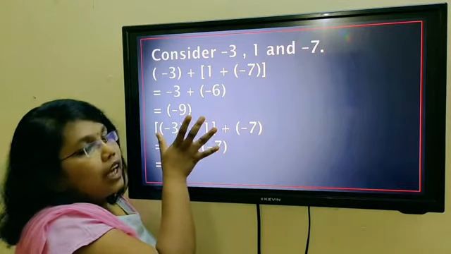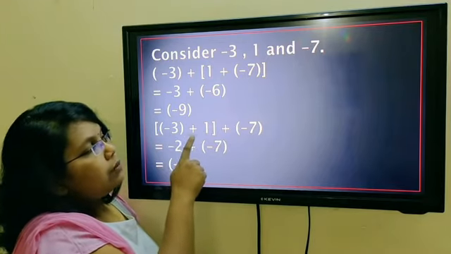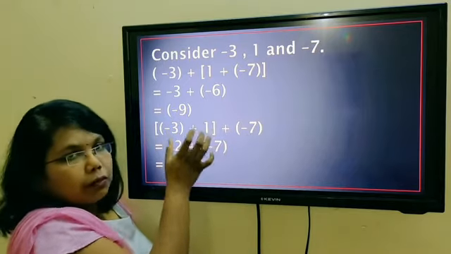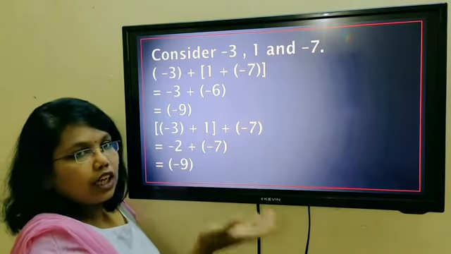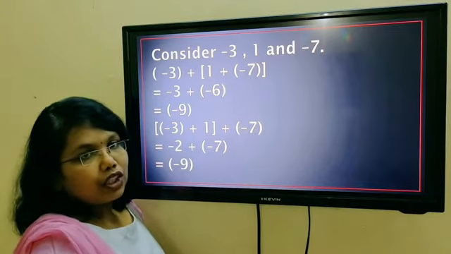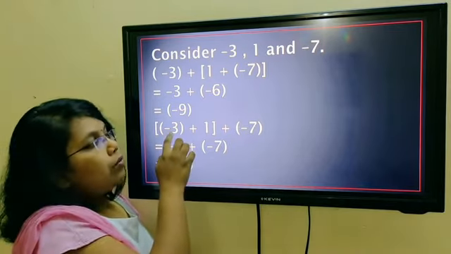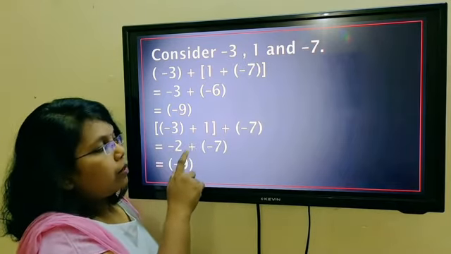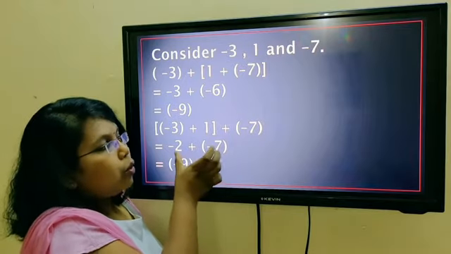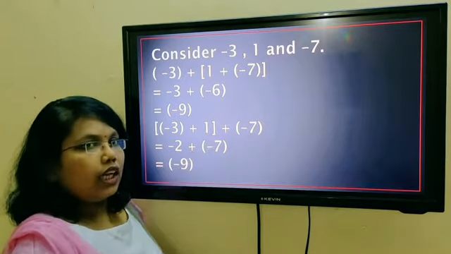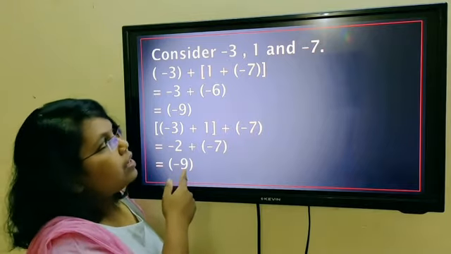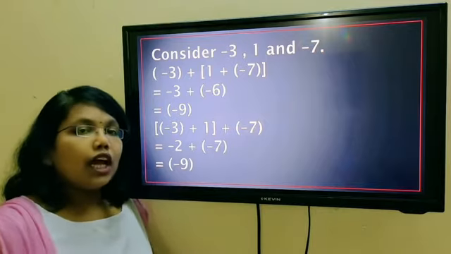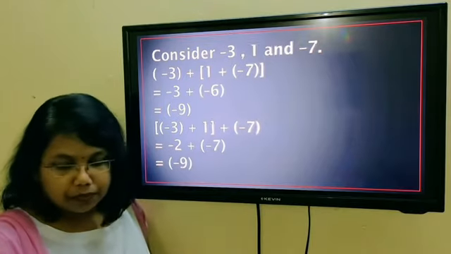Now if we take A and B first, what happens? (-3 plus 1) plus -7. Do this first. Different signs, so subtraction, finding the difference and giving the answer the sign of the number which carries the bigger absolute value. So -3 is the bigger one, so the answer carries minus, and therefore -2 plus -7. Both are negatives and you are adding them, so you directly add and give the sign of minus. So it is -9. Here it is -9, here it is -9. So it works for addition. And similarly it works for subtraction too.